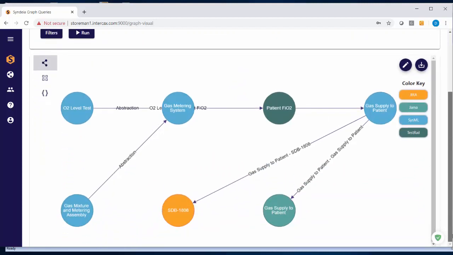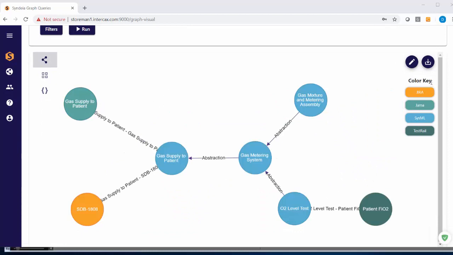A different query includes patterns with SysML intramodel connections, and with some rearrangement we can see part of the network we have built. A SysML requirement linked to a Jama requirement, a Jira task, and the SysML technical requirement, which is linked to a structure block and an activity test case, which is finally linked to a TestRail test case.